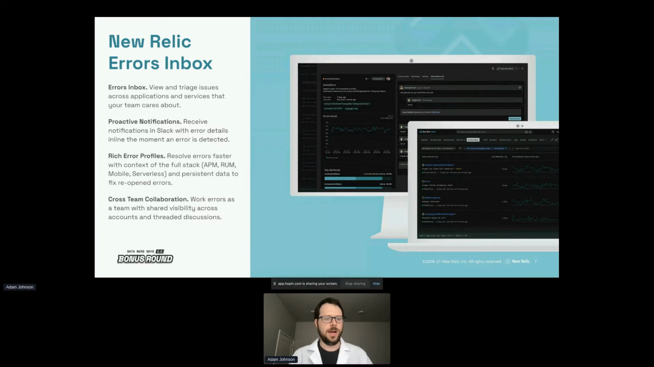And then lastly, we provide a cross-team collaboration capability. So you're usually working errors in a team. You might be the one who identified the error. Maybe you saw the Slack notification, you jumped in, but you see that someone else on your team recently made a push to staging that touches that part of the code. So you might want to flag that person or assign the issue to them to have them work on it, or have collaboration, or even just use it for